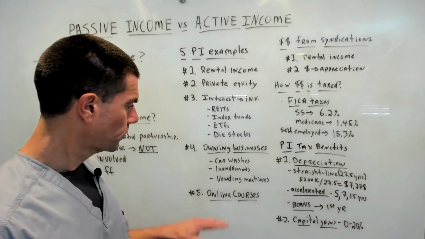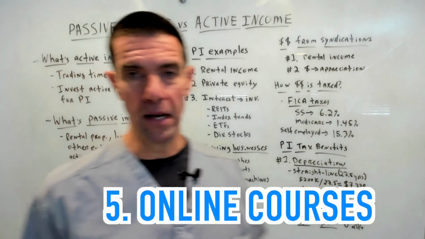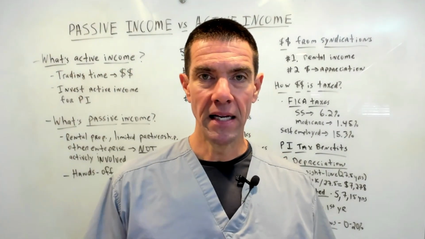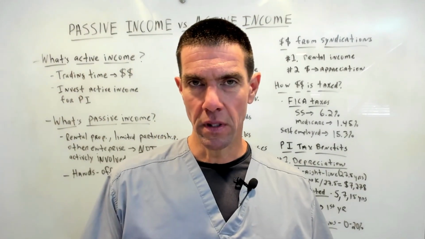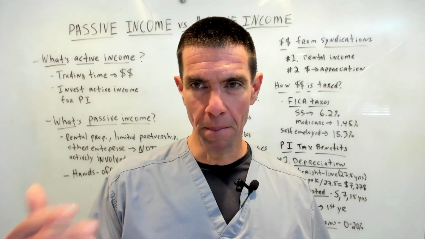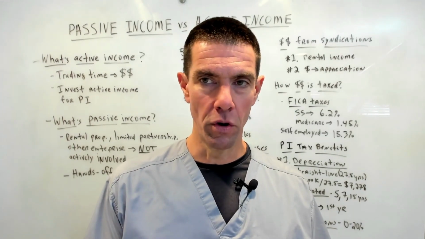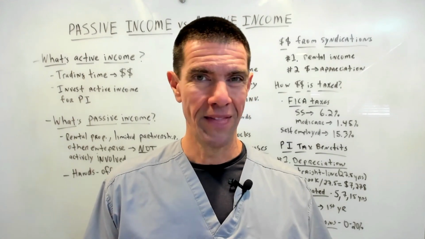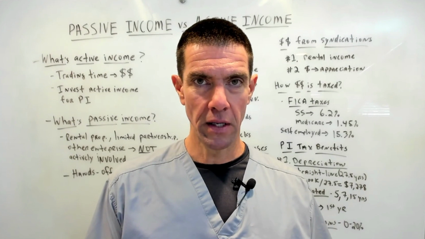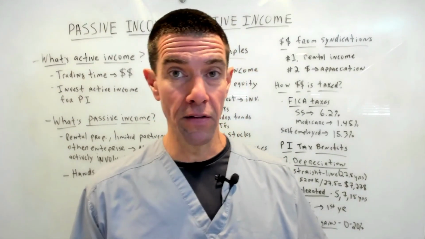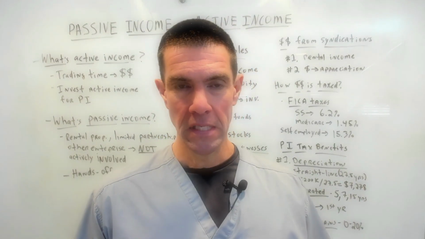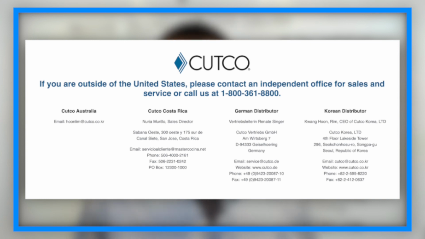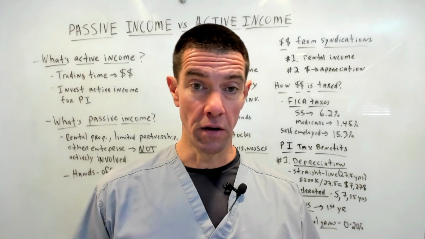Number 5, online courses and information products. Now, my teenage son last year was learning some of the best skills from a group that's really going to take him very far in life, no matter what their profession is. That's learning how to sell. So actually, if you have teenagers, you may want to look into this. Cutco Knives, CUTCO, has a program that actually teaches sales and marketing to students in order for them to actually sell their products.